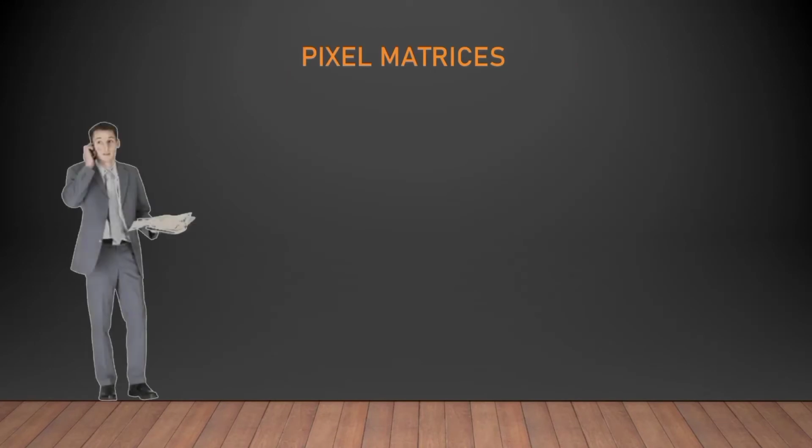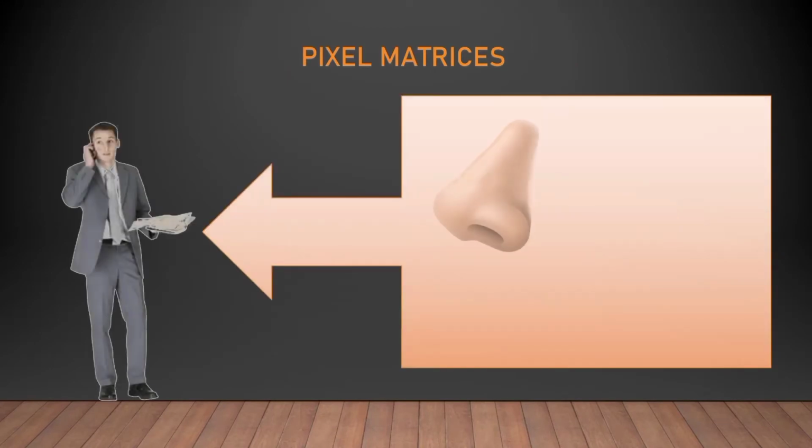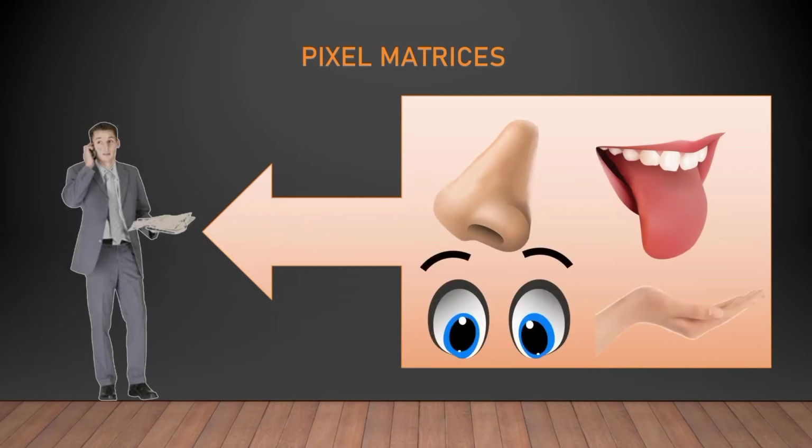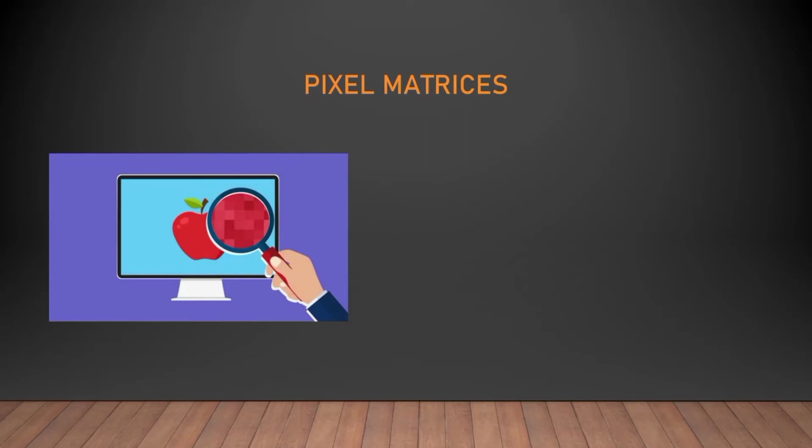Now let's move on to pixel matrices. Humans are so lucky to have the ability of smelling, tasting, looking, and feeling with the help of their five sense organs. But not everything has this ability, of course, more specifically human-made smart objects. Have you ever seen the picture of an apple on a laptop? You might have wondered how this smart object shows the exact shades that we see with the naked eye. And again, matrices play a major role in this.